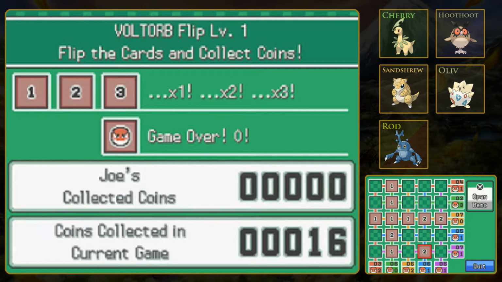Alright, all or nothing here. Let's see, we could go with any of these two. But this one only has 1 Voltorb, so... Alright, just a 1. Now let's see if I can do any math here. So this guy...